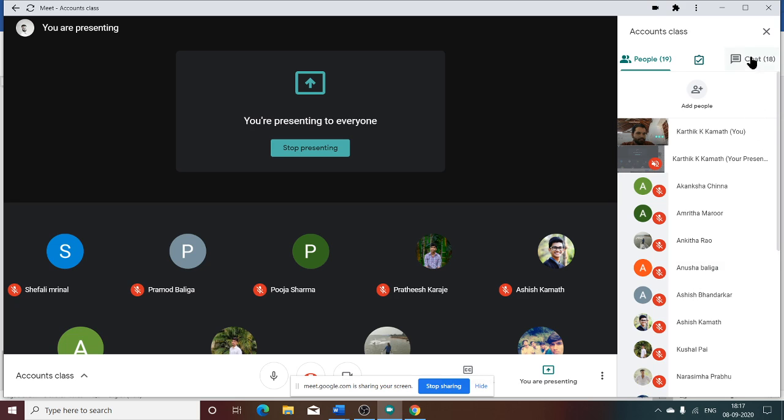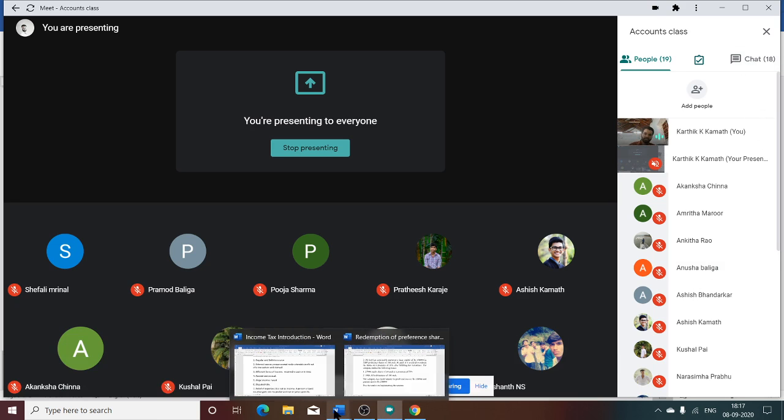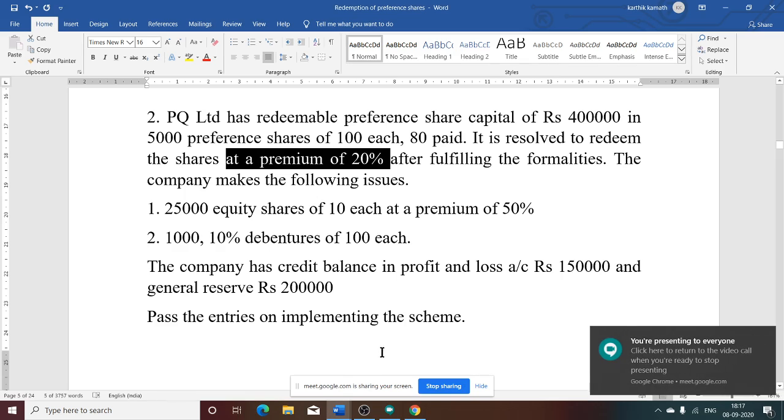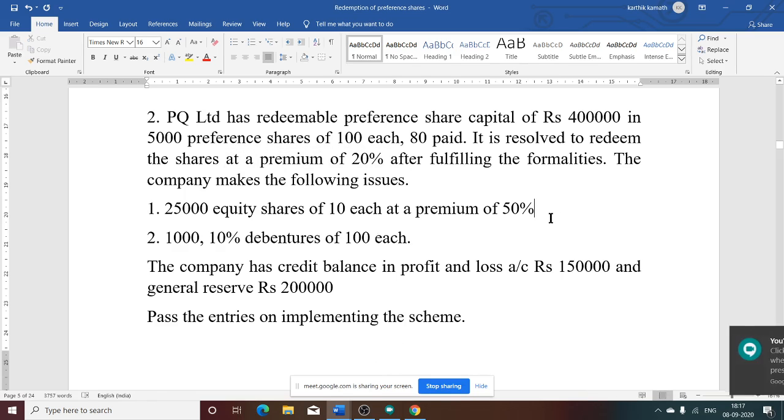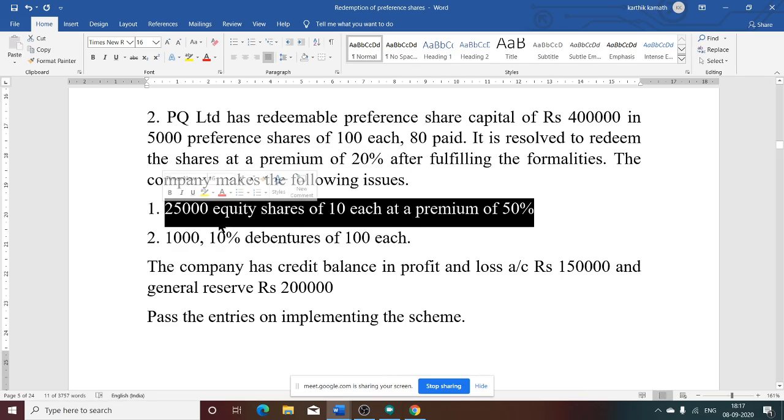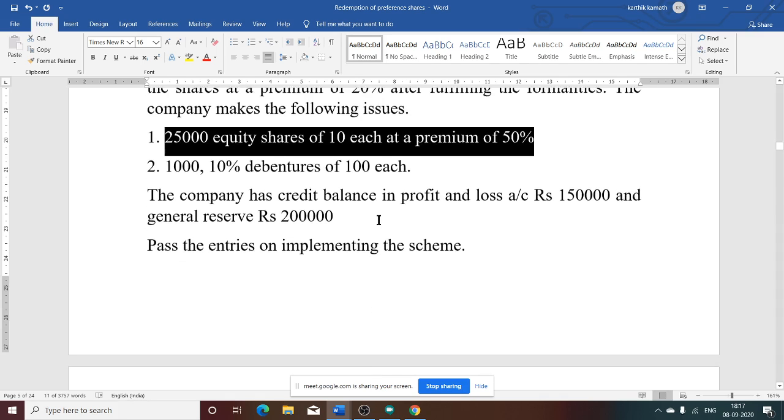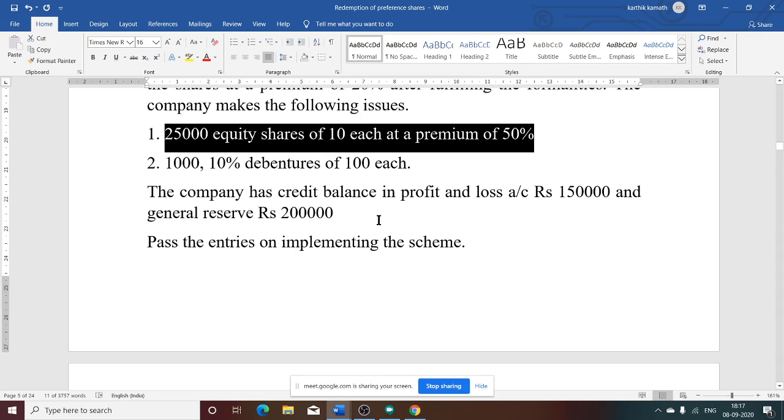Anyone can answer. So now what happens here? Security premium account, you need to see it from fresh issue. If you see the fresh issue information, it says 25,000 equity shares of 10 each at a premium of 50%. So 25,000 into 10, what is the amount? 2 lakh 50,000. Premium is 50%, so 2 lakh 50,000 into 50%. What is the amount? 1 lakh 25,000. So now we know the premium amount, that is 1 lakh 25,000 is there in security premium